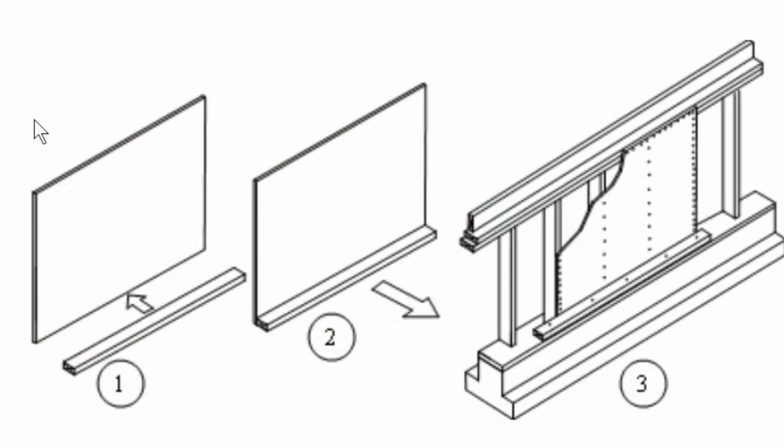So this is called the reverse blocking method. In this circumstance, what we do is we take a 2x4 right here, and we attach it to this piece of plywood by putting nails in from the back. So the plywood is nailed where you can't see the nails coming in this way. Now we take this whole assembly and we put it right here on our cripple wall, and we nail it through the 2x4 into our mudsill. And then we'll also nail all the way along here and all the way along here and all the way